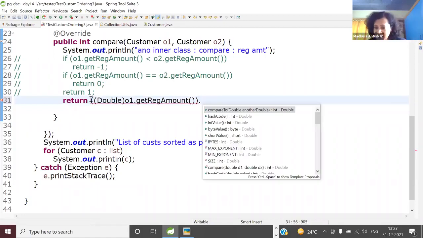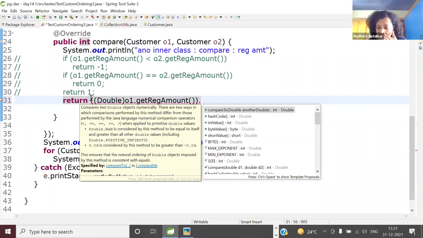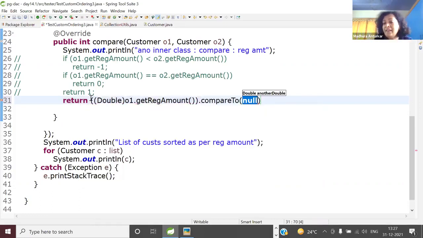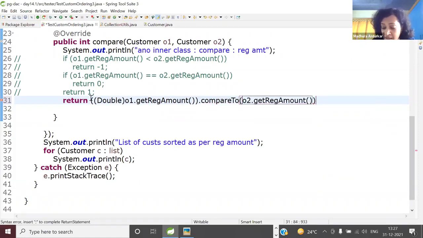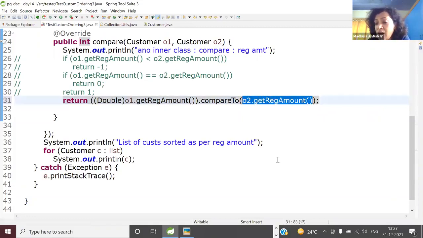And then if you check, if you open your wrapper classes, they are already comparable. So now I can directly use the Double class's compareTo function. And here the beauty is, see this. That's why I told you, don't type along with me. First, give me a chance to explain. Here, do I have to do the boxing, or is it getting done automatically? Is auto boxing happening here, or do I have to explicitly box it?